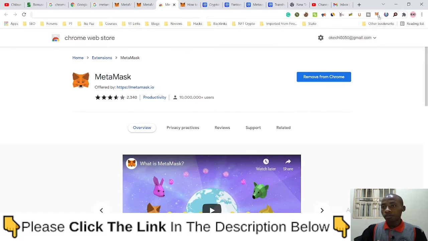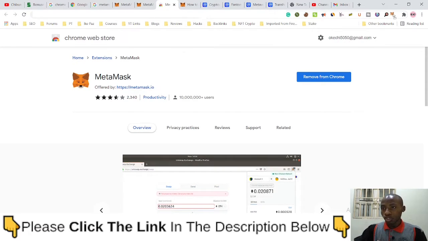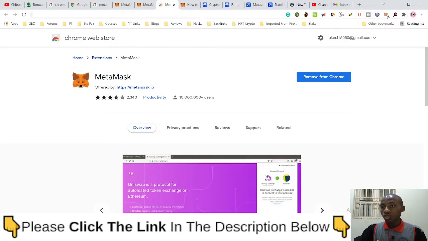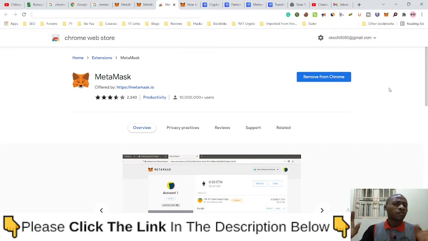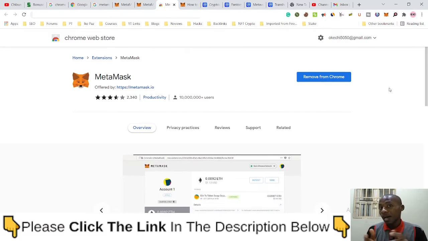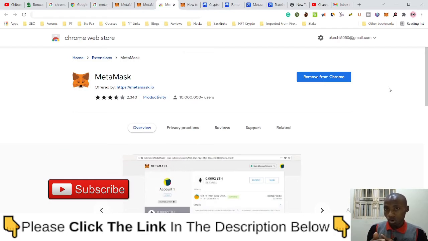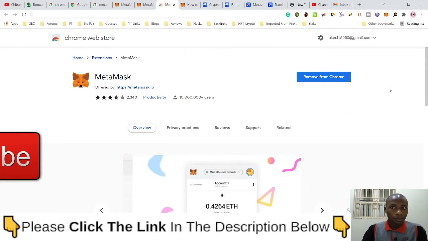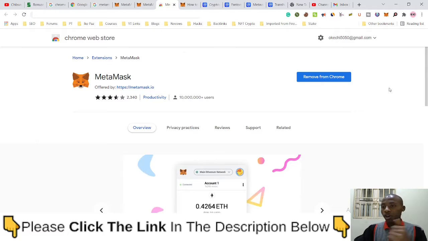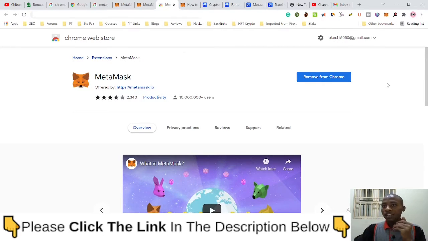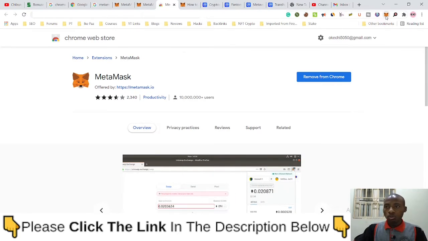You can also move MetaMask here to change its position. Just look at the top here, close to the top, and you can move it to change where MetaMask is. This whole process, I want to believe you should already know if you are watching this video. This video is just showing you how to add the Binance Smart Chain network to MetaMask. So now let's go into the process of adding the Binance Smart Chain network to your MetaMask.